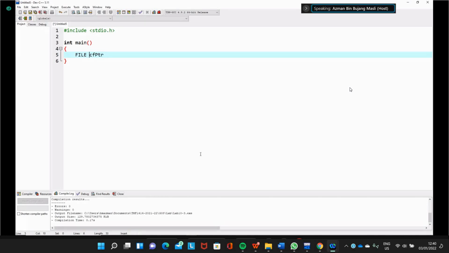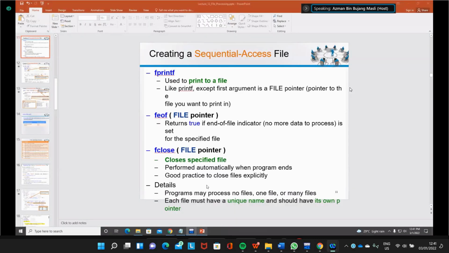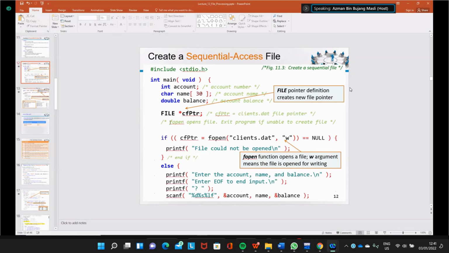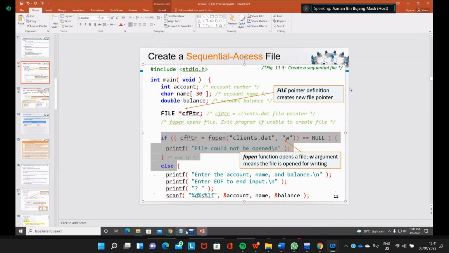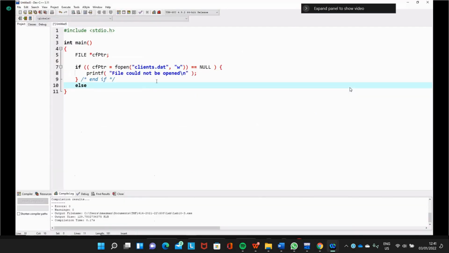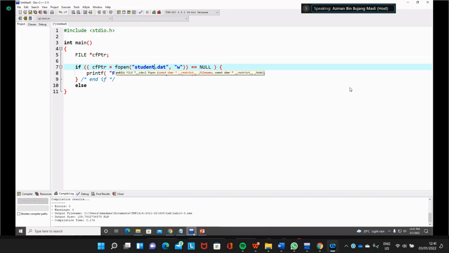This is a pointer to FILE. Then you open your file for writing, so you can copy and paste from the earlier example. But now the file name is not client.dat but student.dat. We open it for writing.